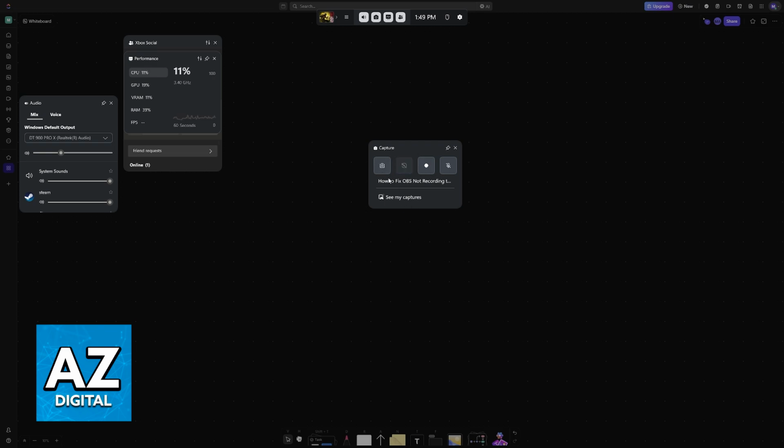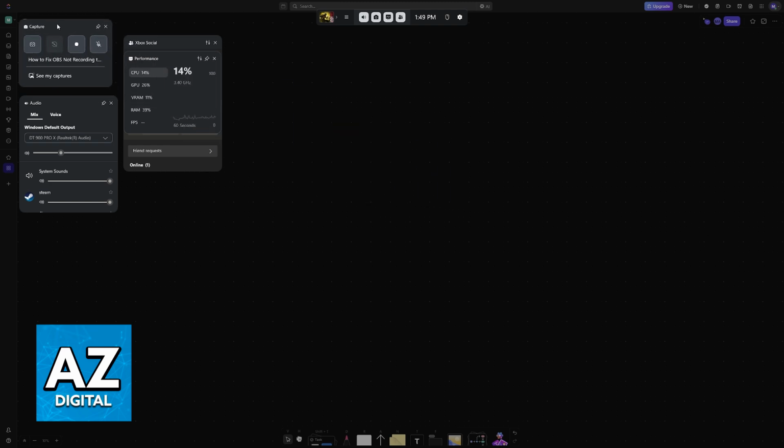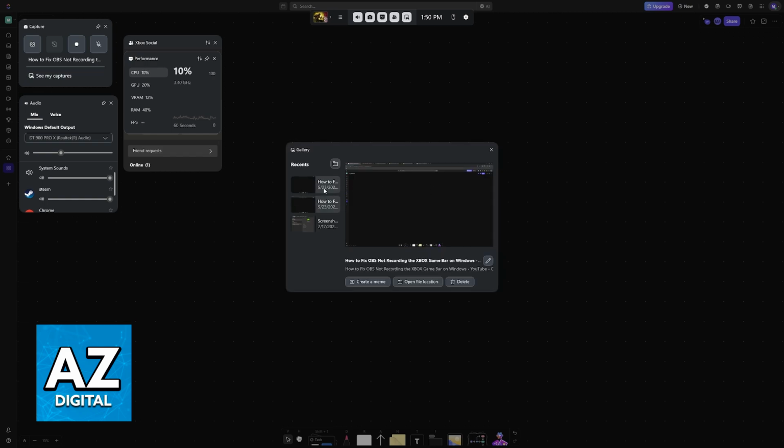If you take a picture here, you will usually get a pop-up at the right side of the screen telling you that it was captured and you will be able to share it with other people. So once you've taken your picture, and you either get a notification at the right side of the screen, or if nothing happens, just go over to See My Pictures. Now you will be able to find all of the pictures that you've taken here.